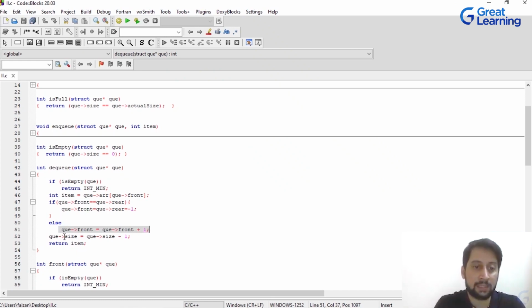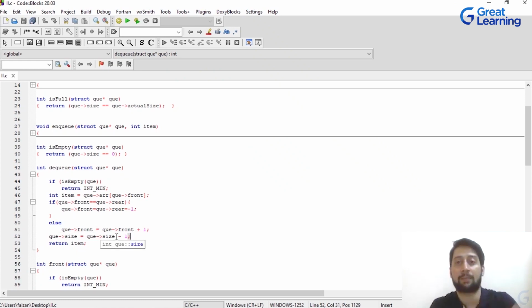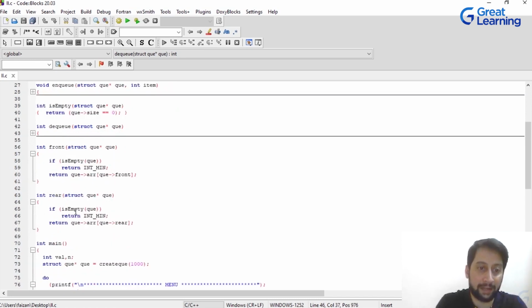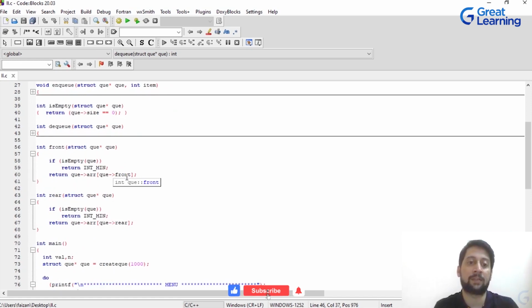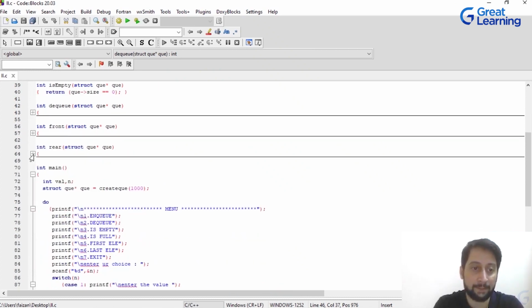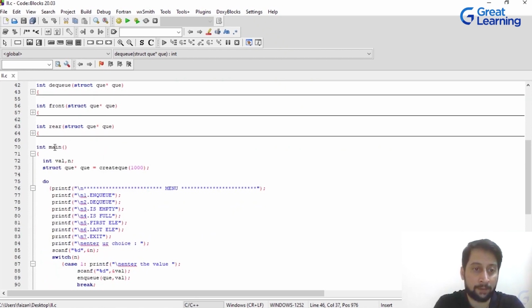In either of these cases, the size is reduced, so at the end we reduce the number of elements present in the queue, that is size minus 1. We decrement it by 1, and then we return the item which we have stored over here, right? The item. Done. And then we have getRear and getFront. So basically we will be returning the values that are present: the first element with the help of getFront, and the last element with the help of the getRear method. Okay, front and rear. Then we have this driver function,